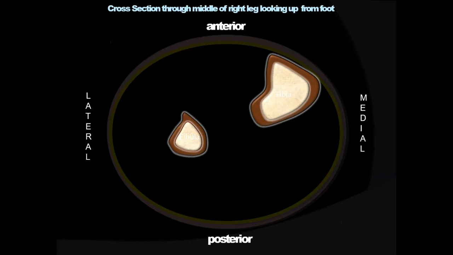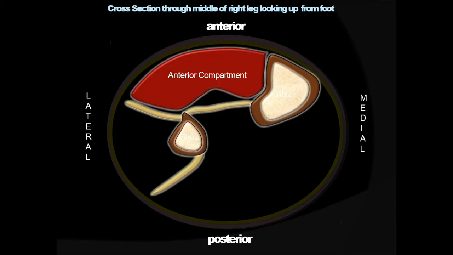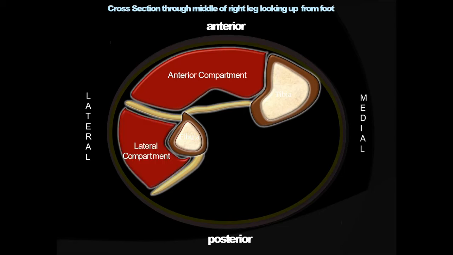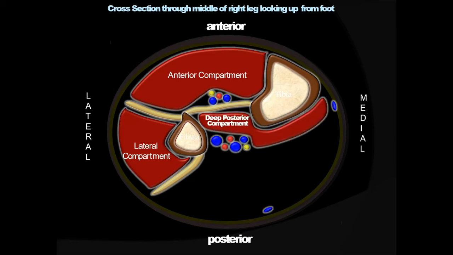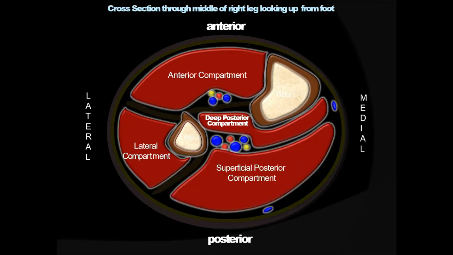Now here in the transverse section we can see tibia and fibula bone. Then interosseous membrane forming the compartments, with septa of the deep fascia extending inside. Through different attachments, it divides into the compartments of the leg. Number one, anterior compartment, lateral compartment, presence of the blood vessels and nerve supply, deep posterior compartment, and superficial posterior compartment.